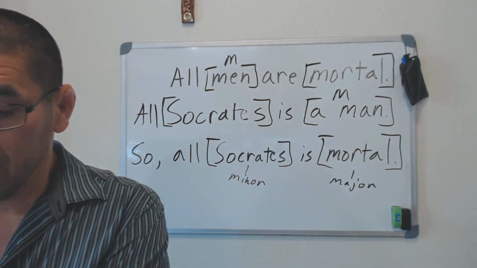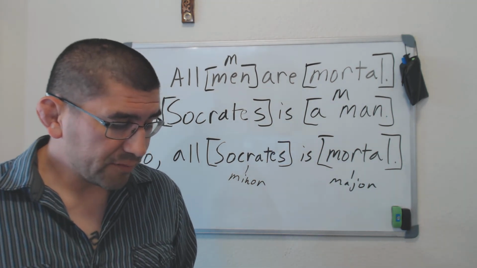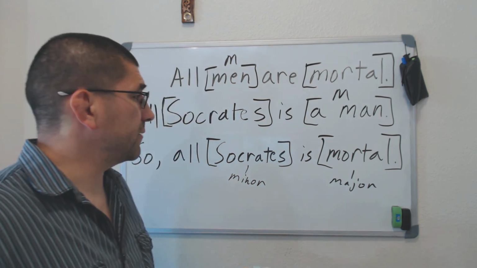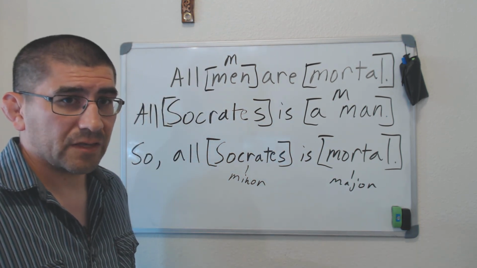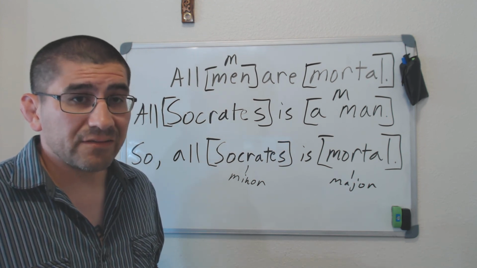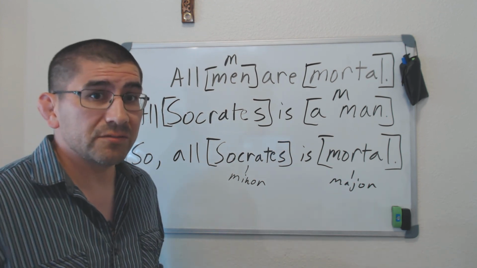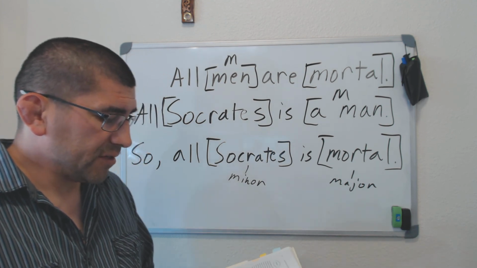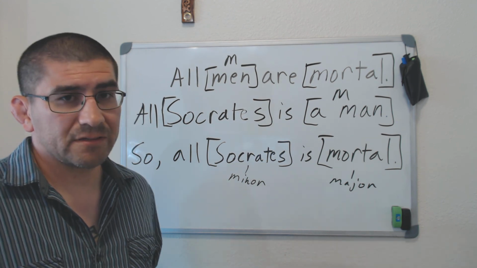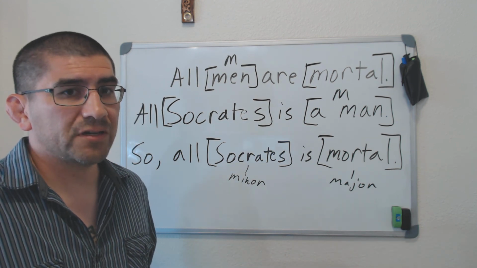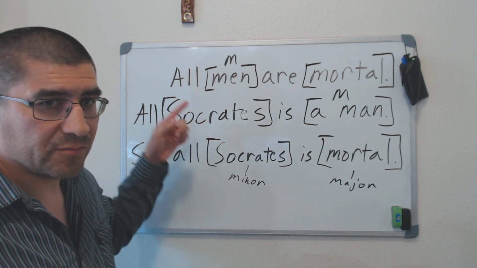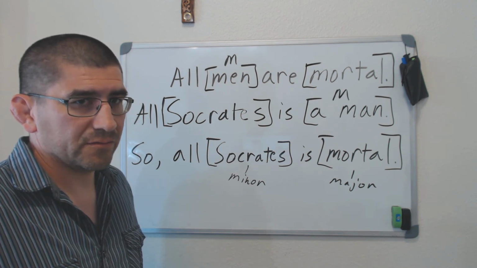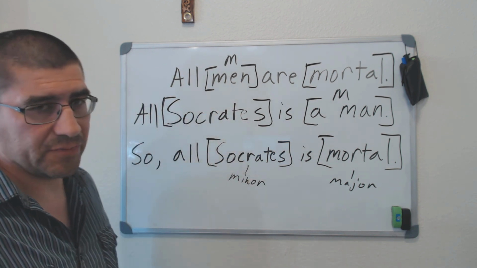Rule number 6. If one premise is negative, the conclusion must be negative. Do we have one premise that's negative with this argument? No, we don't. But if we did have a premise that was negative, the conclusion must be negative. And also, in that same rule number 6, if the conclusion is negative, one premise must be negative. Do we have a conclusion that's negative here? No. So we don't have to worry about a premise being negative.